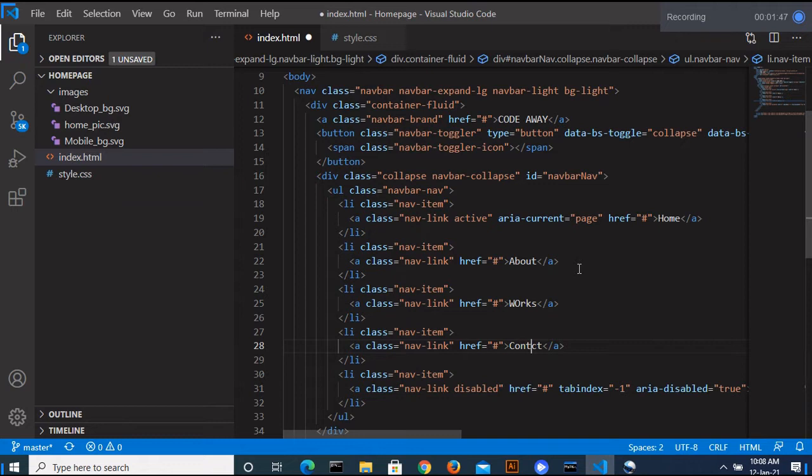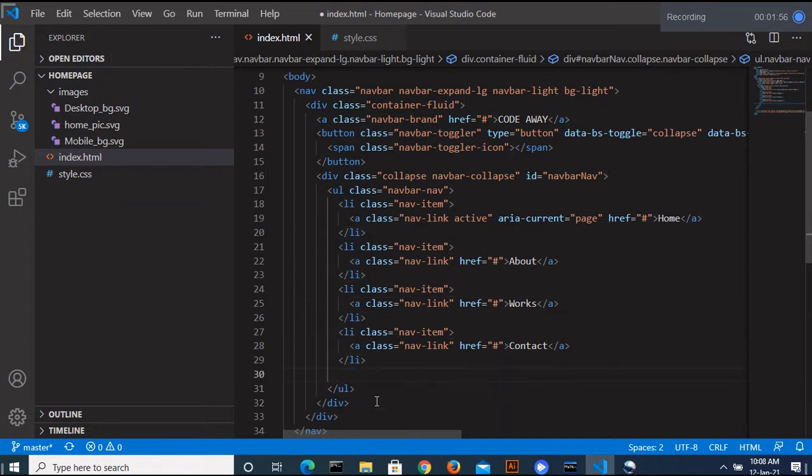So contact, then works. So I saved it. So let's see how it looks in the browser.